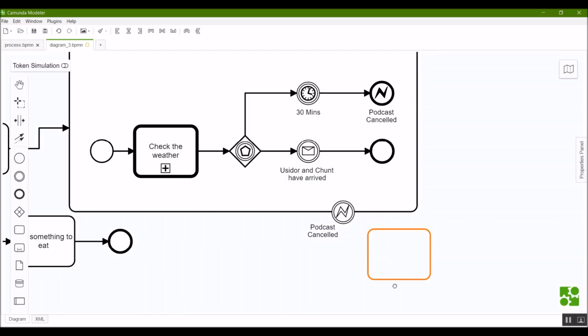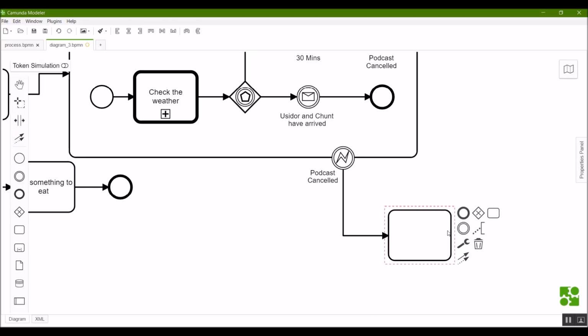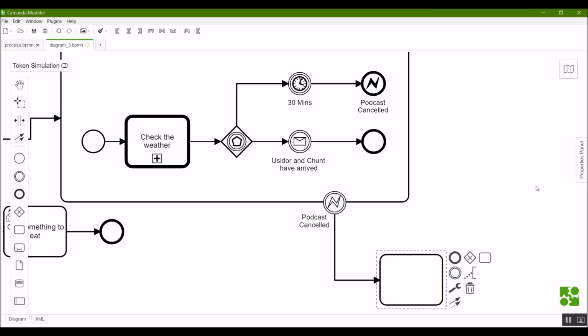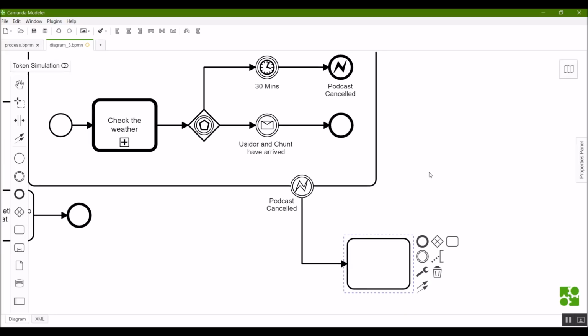And once it does, it's going to actually continue the process. We're not going to just finish everything. We're actually going to do something else. This is the power of these error events. These should be able to catch predictable, repeatable errors and then deal with them in the same way every time. Not necessarily technical errors, but more so business errors.